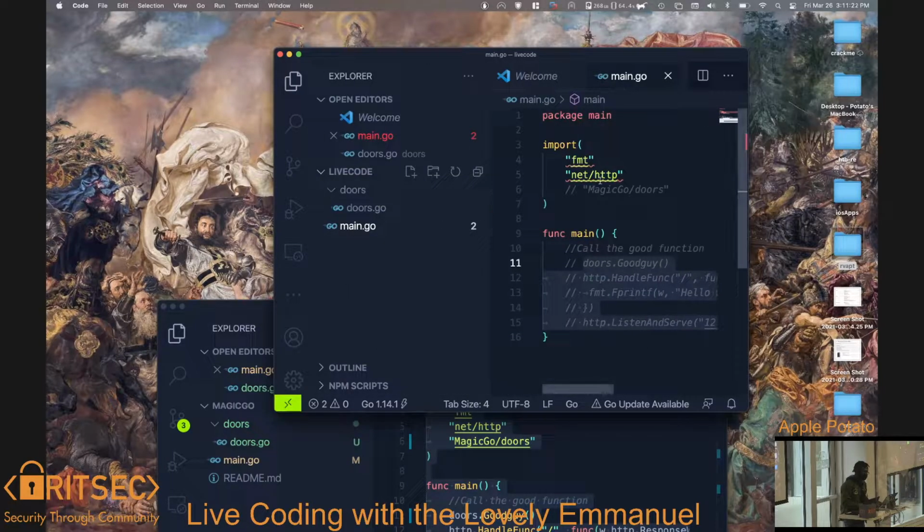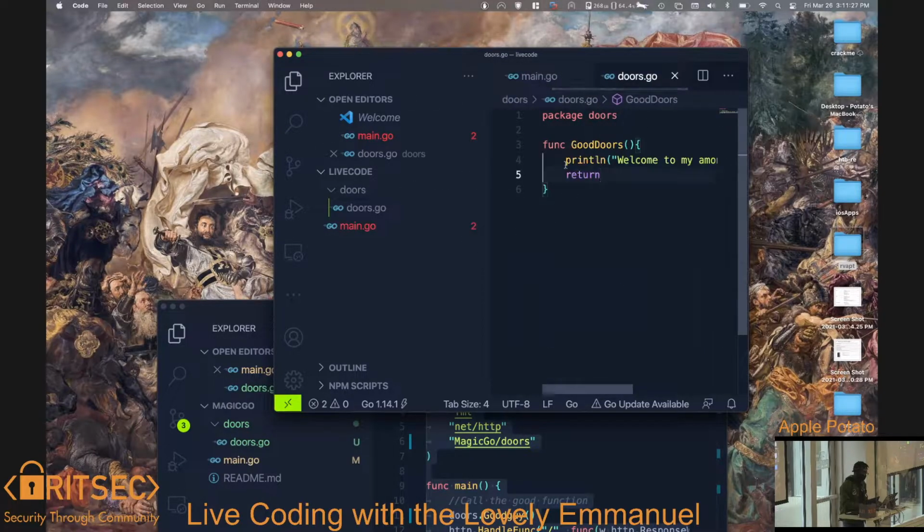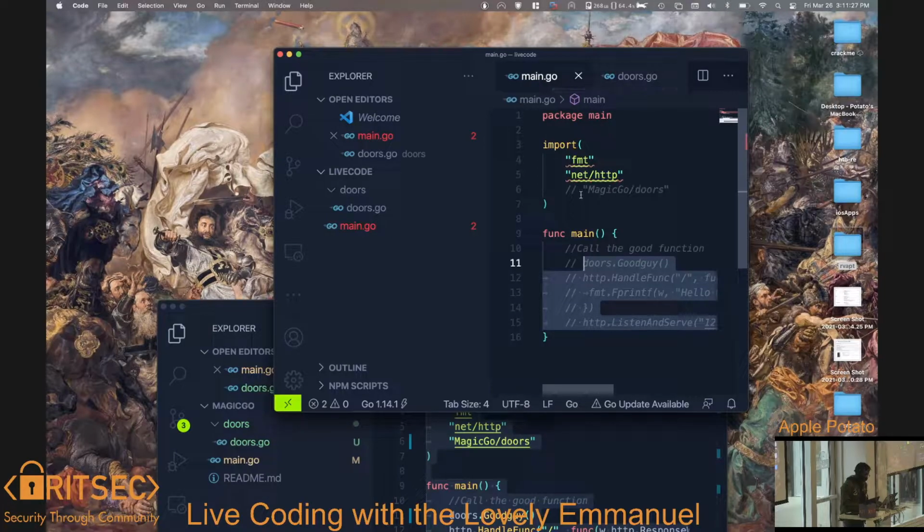So we're going to import our package, so we can just call the good function right here. There are multiple ways you can call packages, but I had a custom GOPATH, so I don't have to use the /user/go/src path, whatever. I have mine, so I can just do stuff like this.